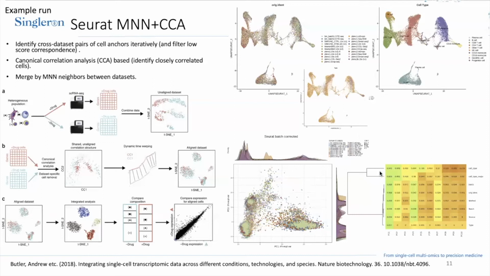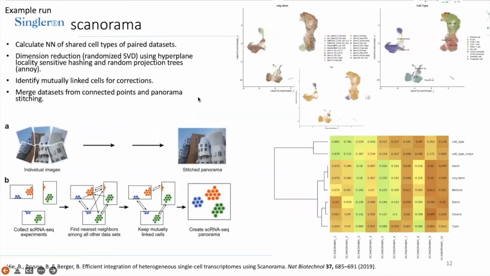But of course, the correction itself is successful. The cell type is still the dominant factor for the first few PCs, and the batches become less obvious for the first few PCs. Yeah, for the next part, we also tried Scanorama, and this is the method that makes use of